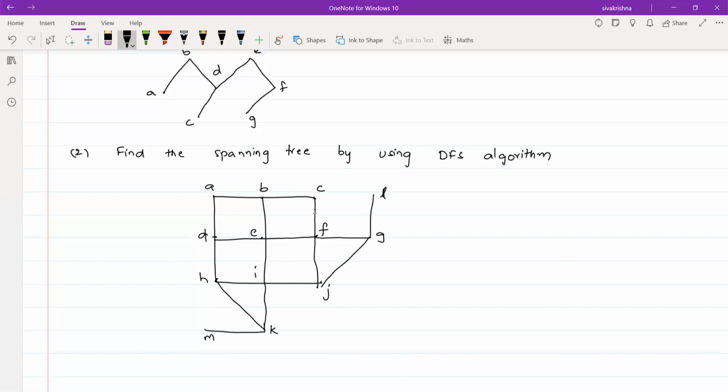This is the given graph, and we have to find a spanning tree for this particular graph by using DFS algorithm. It means we have to select any vertex as a root. Whatever the vertex may be, whether it is A or B or C, you have to choose any vertex as a root, and start writing a path from it. Covering all the vertices, repeat this process until we get all the vertices of the given graph. It means we have to write the path until we get all the vertices. Okay, thank you.